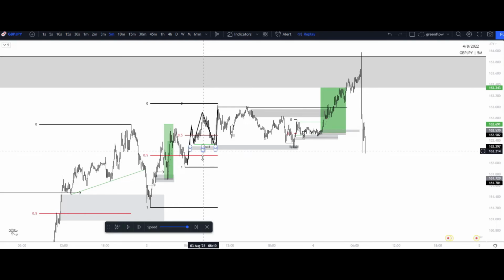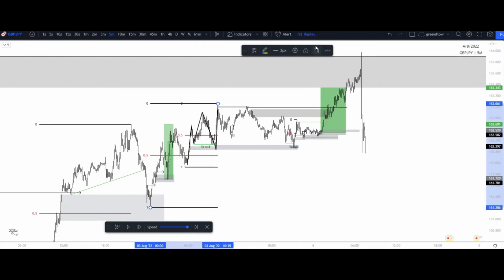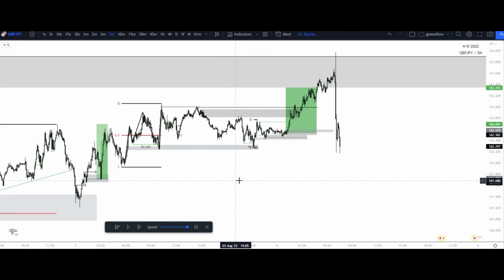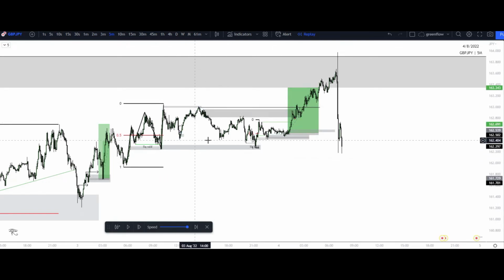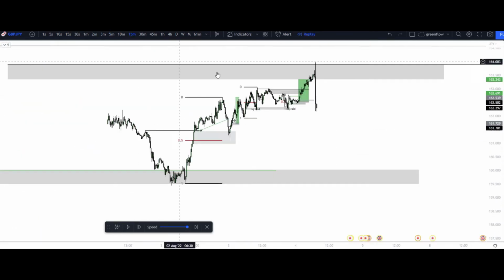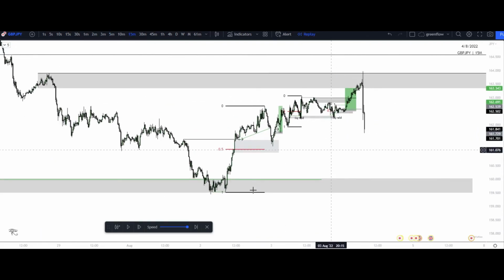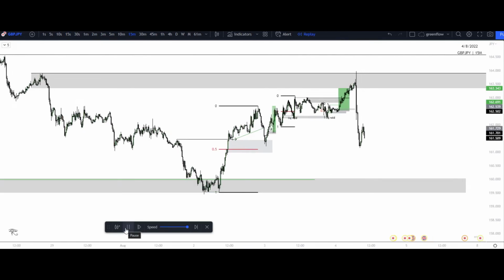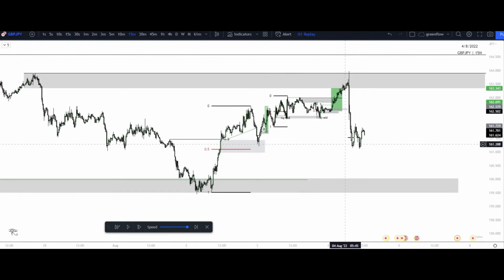But we saw the distribution that started to be formed. We're looking for that upthrust after distribution, right? Here's your first distribution, sign of weakness from these internal breaks to the downside. Price comes back up, and then we get that break of structure to the downside overall. And let's go ahead and watch how this ended up playing out, right? You get that fat move to the downside.